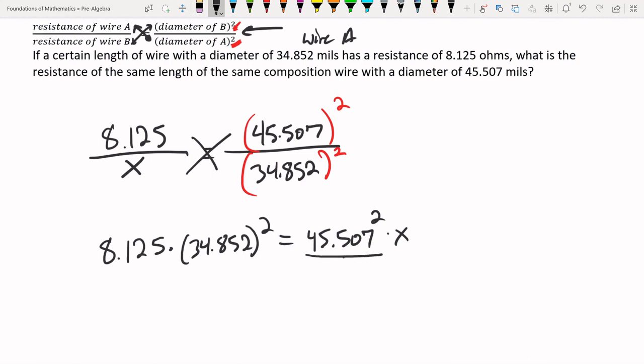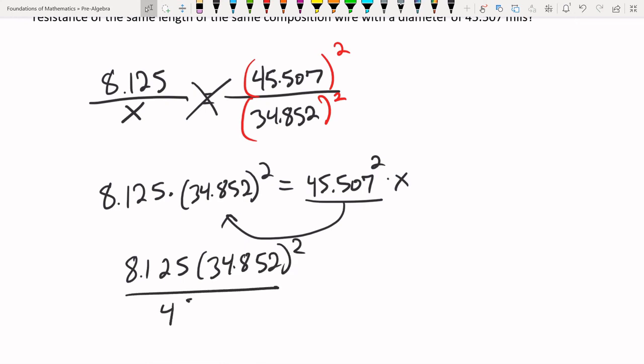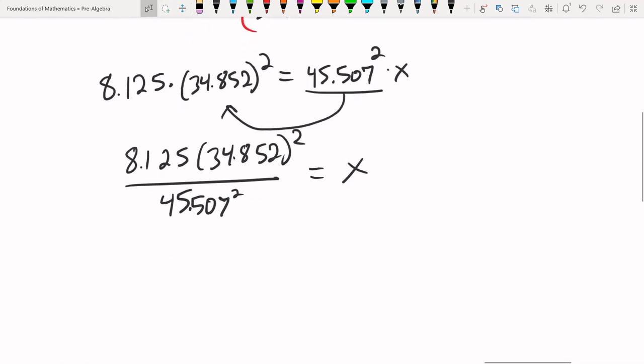And we just divide this number over to that side, which gives us 8.125 times 34.852 squared over 45.507 squared. That equals x. Now we do the exponents first in order of operations. So 34.852 squared